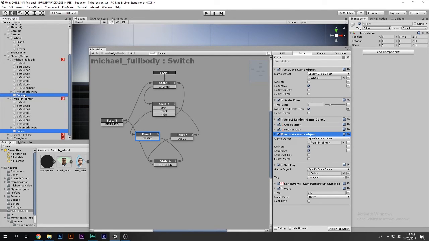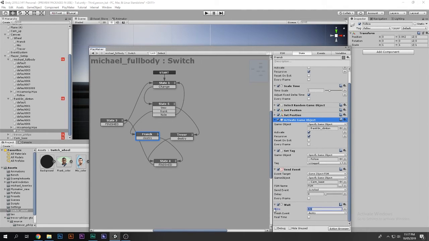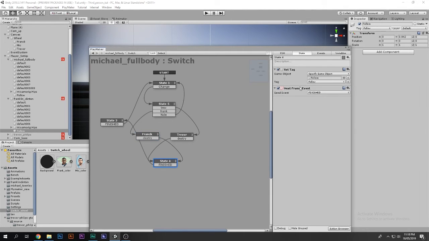So there will be two follow objects with follow tags. We want the Michael one to be untagged, and the Franklin one, to which we are going to switch, to be the one with the follow tag. And then what we have to do is send an event to the camera base. I'm gonna tell you guys how we do that, and we're gonna wait for some time, and then we are gonna set the tag follow to again follow. Set this guy to again follow,